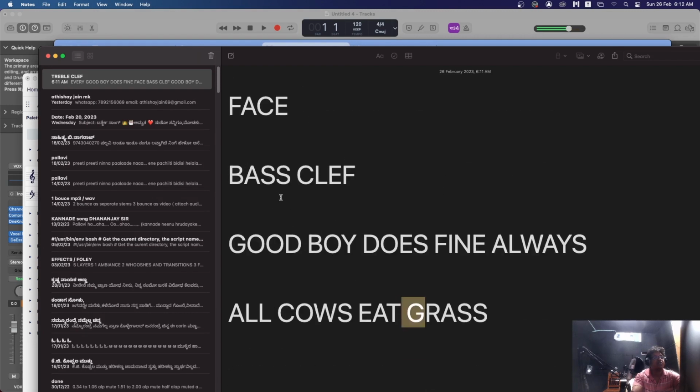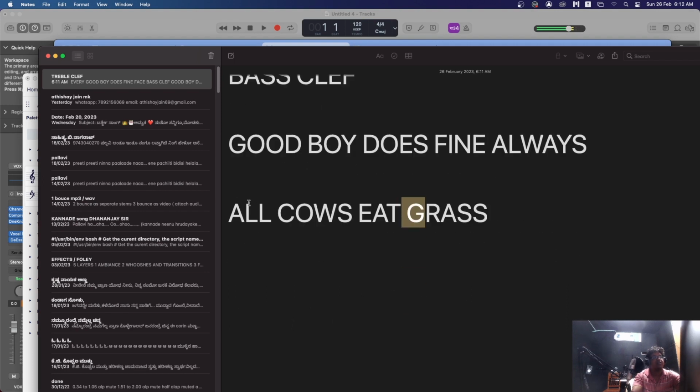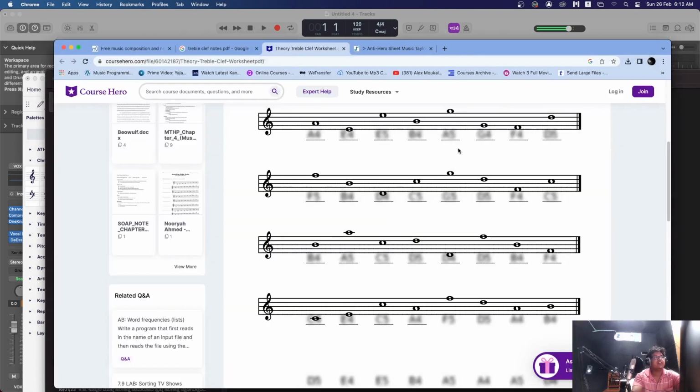Face for the spaces. In bass clef, good boy does fine always for the lines, and all cows eat grass for the spaces. So using this,